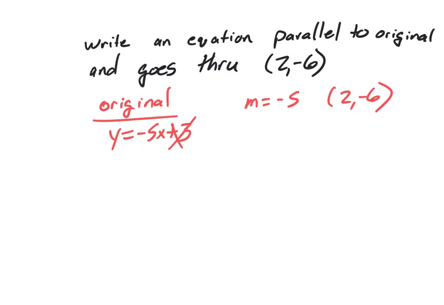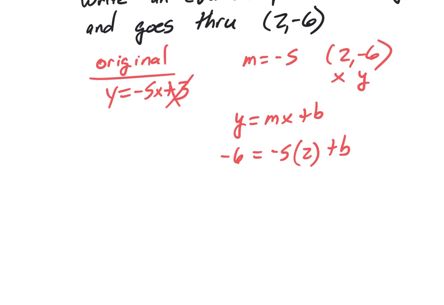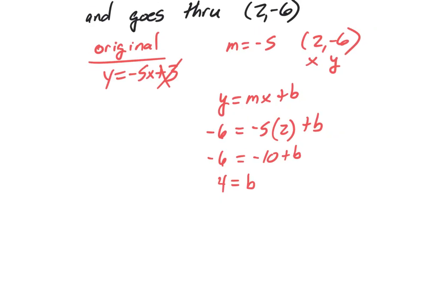And so we talked about this yesterday. This is my x, this is my y. Y equals mx plus b. The only thing we don't know is b. So we have to find out what our b value is. So we're going to plug -6 in for y, -5 for m, 2 for x, plus b. Add 10 to both sides, and I get b equals 4. So my final answer here